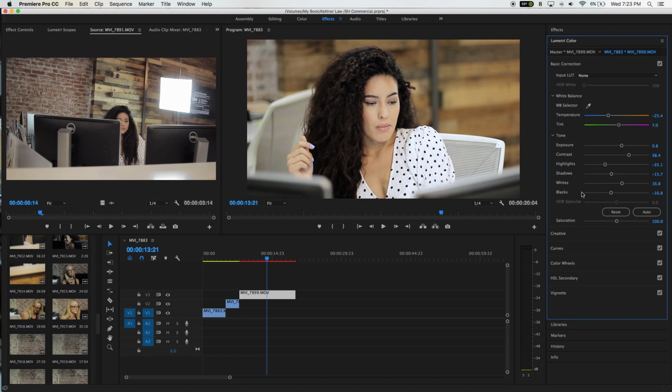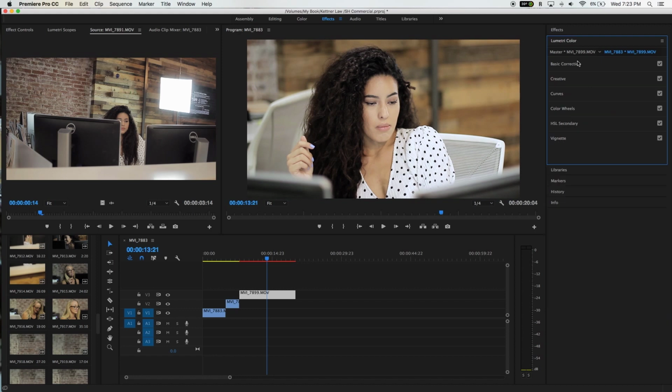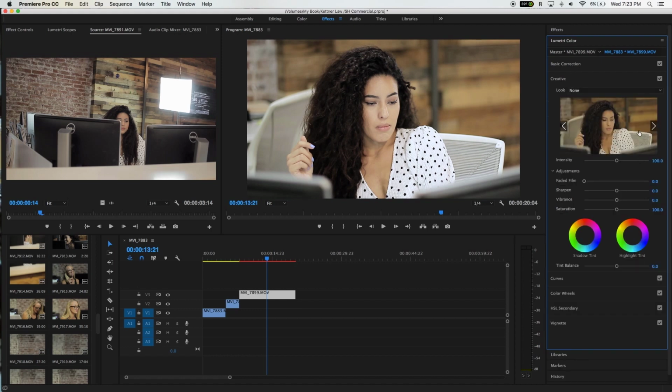I don't like that look, right? So go back, and I like to do a custom look, right? Tone, exposure, contrast, all that is set to whatever you want. The saturation, maybe tone it down a little bit, because we are gonna play with the colors individually, right? So now press this basic correction,